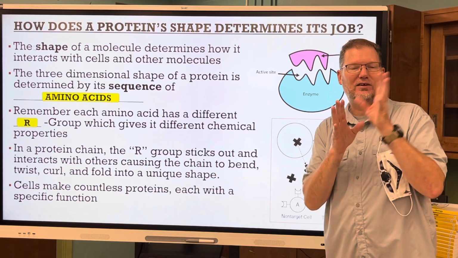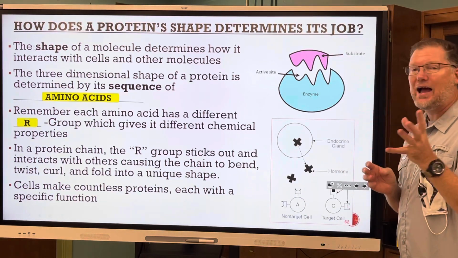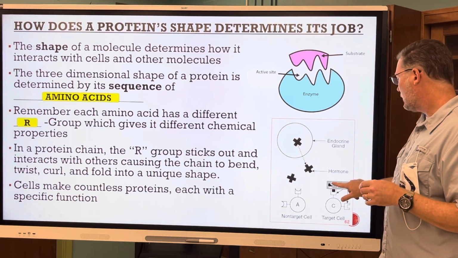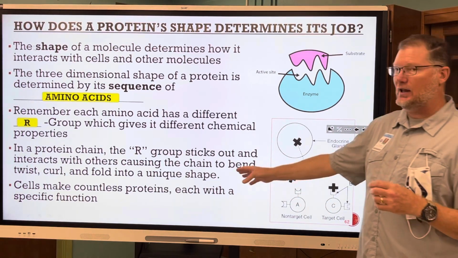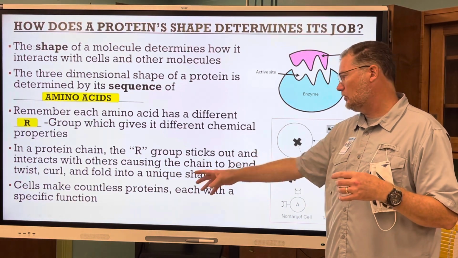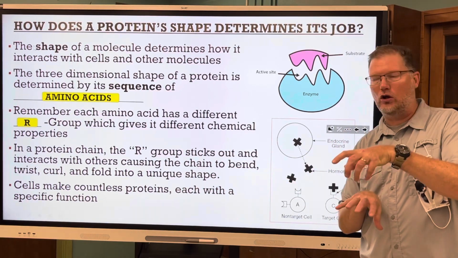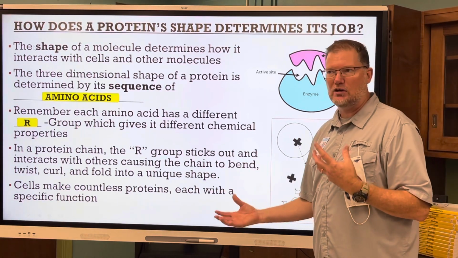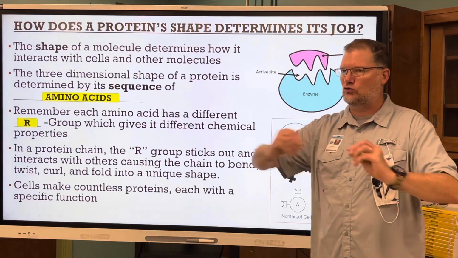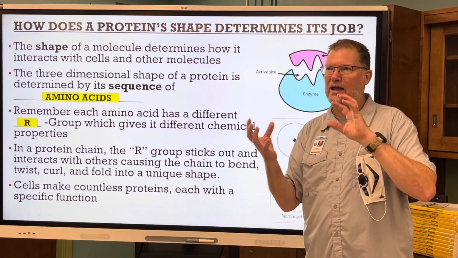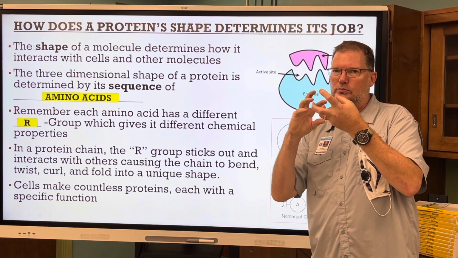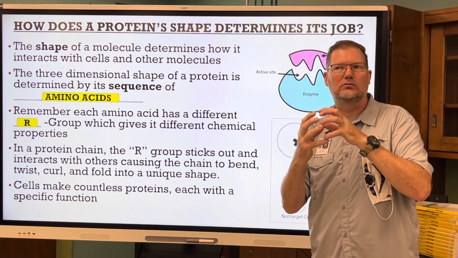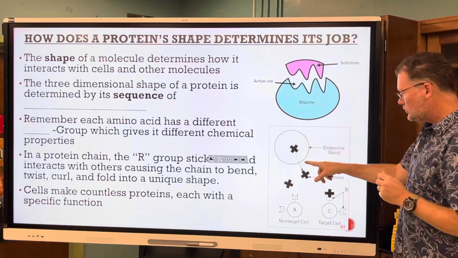And in a protein chain, that R group sticks out. That's the part that sticks out of the side, and it interacts with other molecules, okay? Causing the protein to bend, twist, and curl on itself into a very unique shape. Proteins are not just straight long chains. They actually end up being these globular nests of twisted chains together. Okay? So if you look right here,